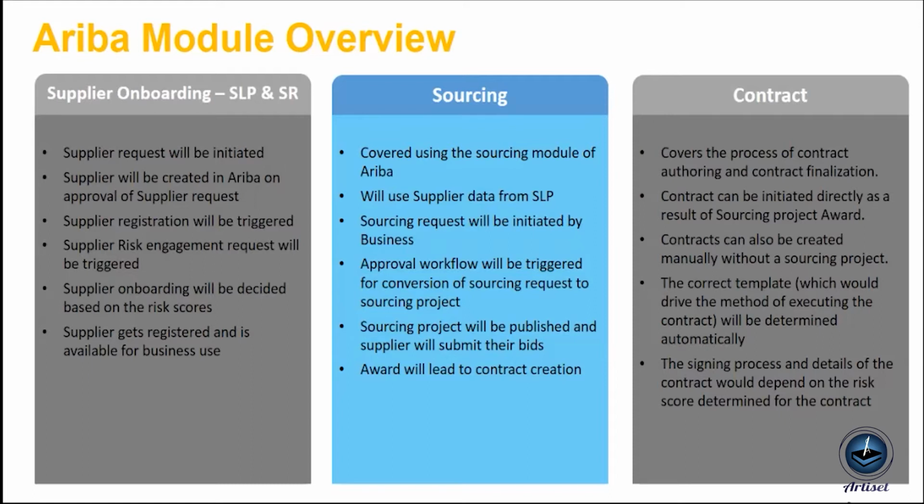Once it is initiated, and if there is any approval flow, once it is approved by the internal business users, whosoever has the authorization to approve it, that is triggered. The supplier will get an invitation on their mentioned email ID, where they can see the defined questionnaires which is set in the template in the SLP module. Once they register themselves, supplier risk engagement, that is for risk assessment,